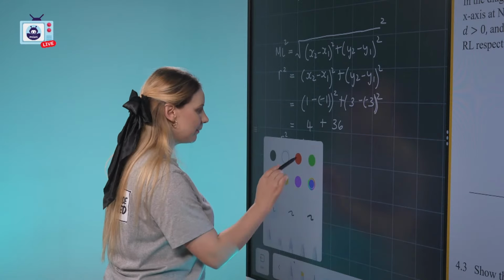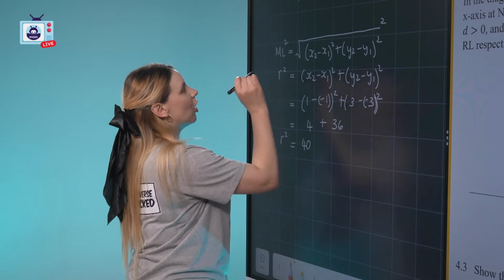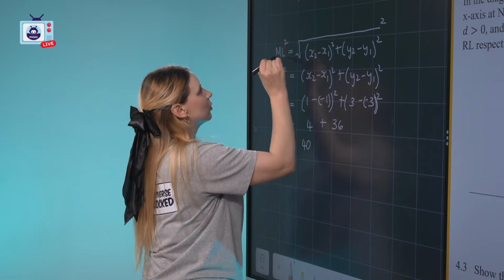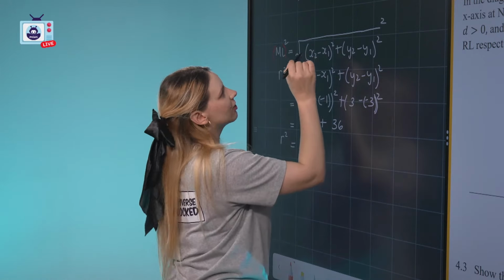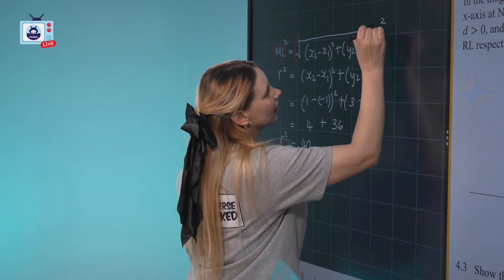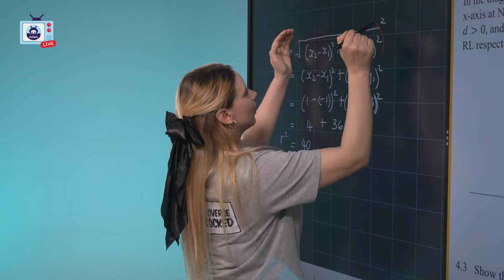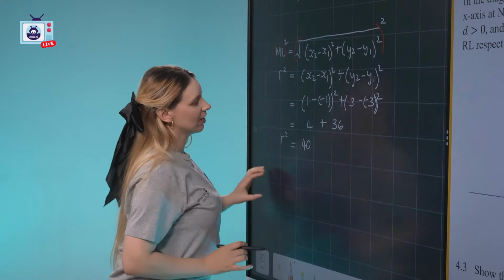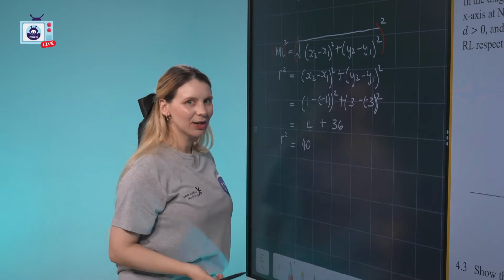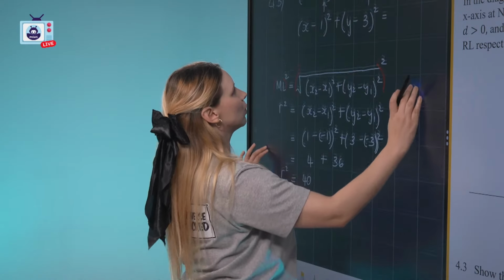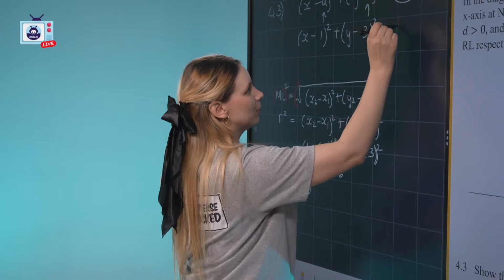And I just remember, what did I do? I wanted r squared. I didn't want r. So what I did was I squared both sides to get rid of my square root. I took that whole square root here and I squared that side, and I squared my left hand side to get r squared. Why did I want r squared? Remember, we want r squared because r squared is what we want in our equation over here. So I'm going to put 40